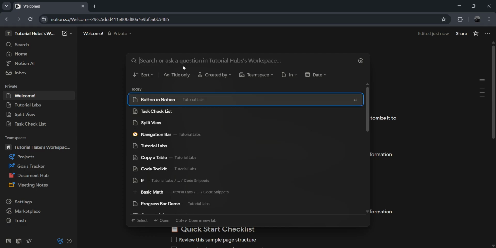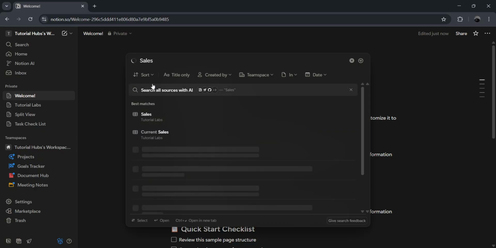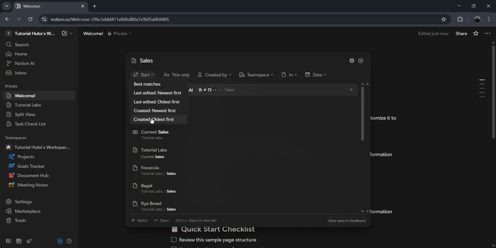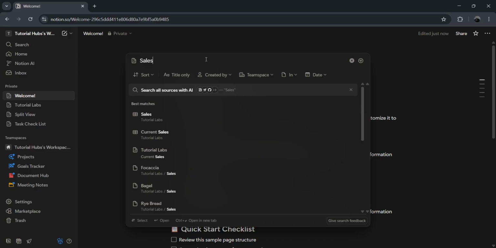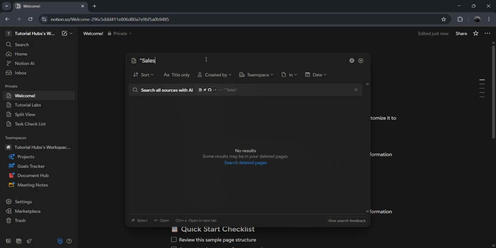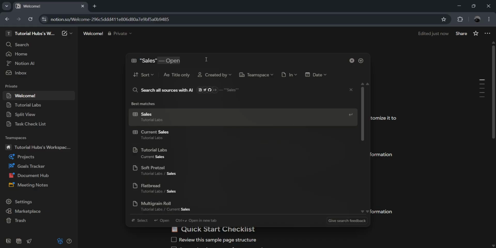If you're working with a large Notion setup, you'll notice sorting options above the search results. Click Sorting by Relevance to prioritize pages you access frequently, making your most used content easier to find. For more precise searches, type your search terms inside quotation marks. This tells Notion to look for that exact phrase rather than individual keywords, which is helpful when searching for specific